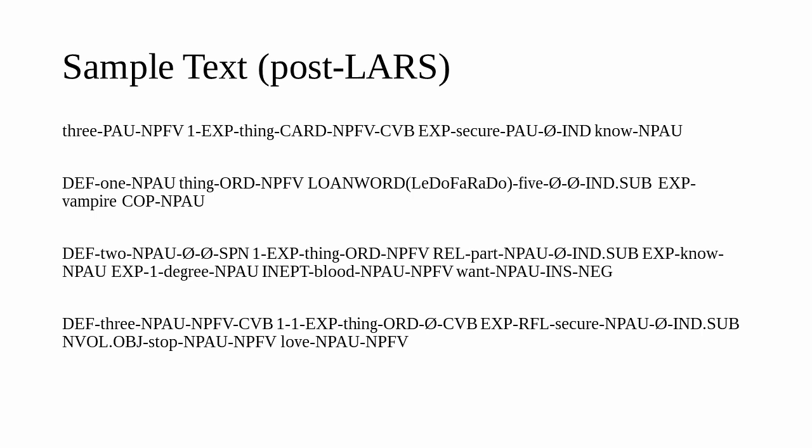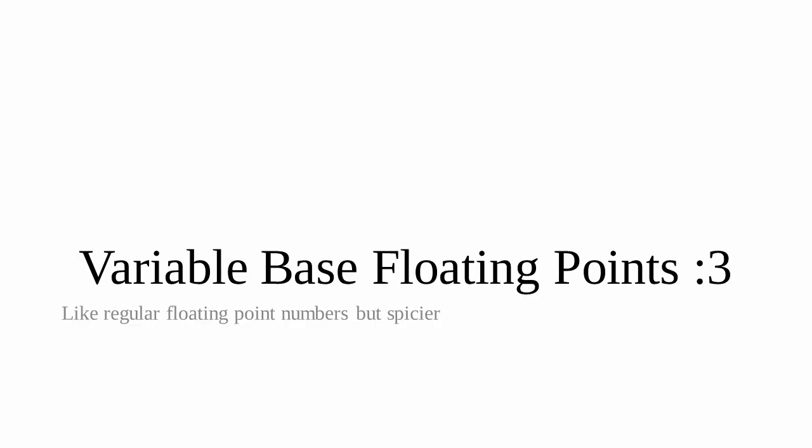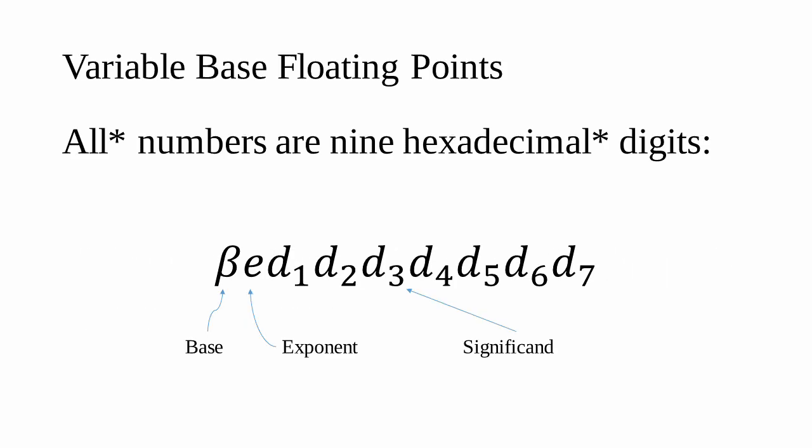and where the word boundaries are, although this text only includes one of them, a 5, which can also be written as 13212 thanks to Conchord's variable-based floating point numbers. Some of you may know where this is going based on that description alone, but for those that don't, with a few exceptions, all numbers in Conchord are 9 digits long, with the first 2 informing the reader about how to parse the remaining 7.